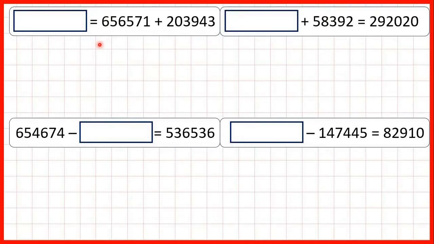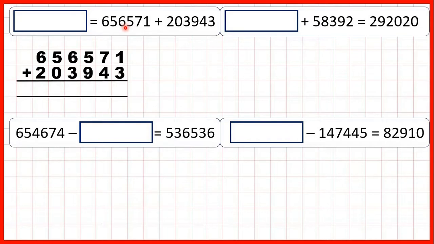Now we have some missing number addition and subtraction problems. But this first question isn't really a missing number problem at all, and that's because all we have on this side of the equal sign is an answer box, and it doesn't matter whether the equal sign comes at the start or at the end of a calculation, we do the same thing. We just need to add 656,571 and